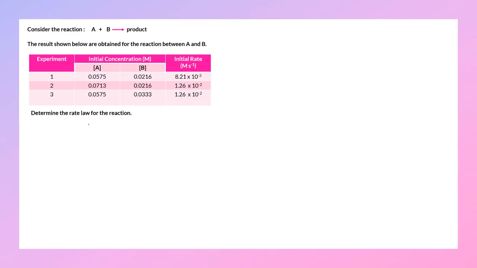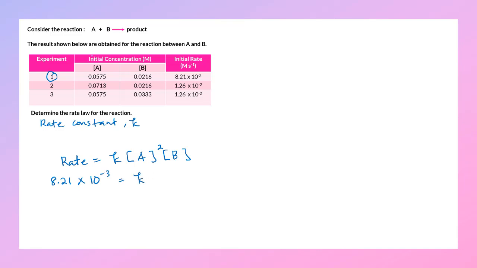Now we are going to determine the rate constant, which is K. Since we already know the order with respect to each reactant, we can use any data from these 3 experiments to calculate the rate constant. Let's say I want to use data from experiment 1. From the rate law, rate equals K times concentration of A to the power of 2, and B is first order. The initial rate for experiment 1 is 8.21 times 10 to the power of negative 3 equals